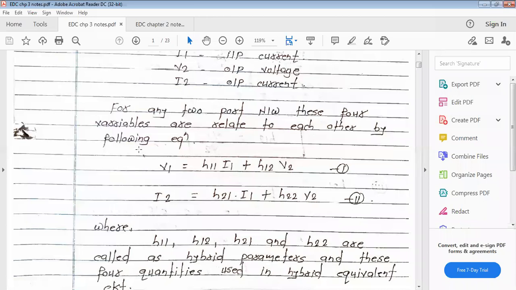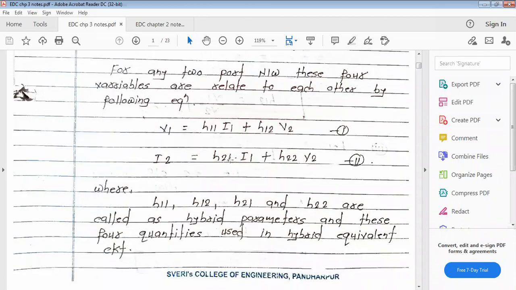But what is the exact definition of gain? Output upon input. So H12 is not V2 upon V1, it is V1 upon V2, so we call it an inverse or reverse gain. Next, H21. Again it is a ratio of the same quantity, current I2 upon I1 when V2 is 0. So again H21 is nothing but a gain, but gain of what? Gain of current. And the last parameter is H22, which is nothing but I2 upon V2. Now Ohm tells us that R is nothing but V upon I, but here we don't have V upon I, we have I upon V.